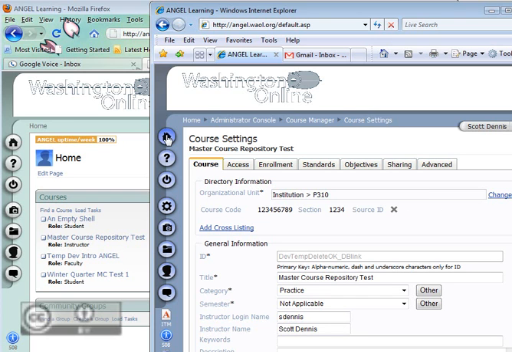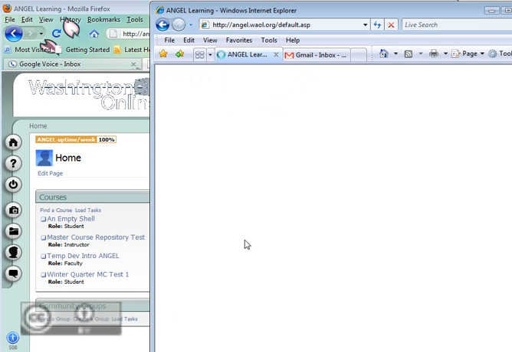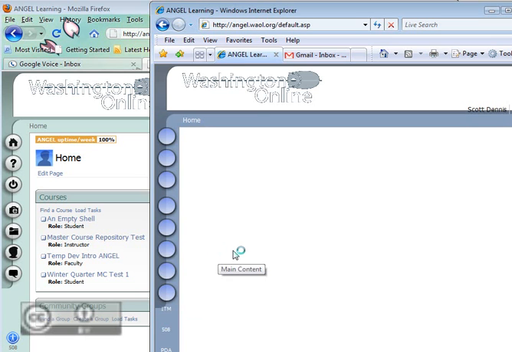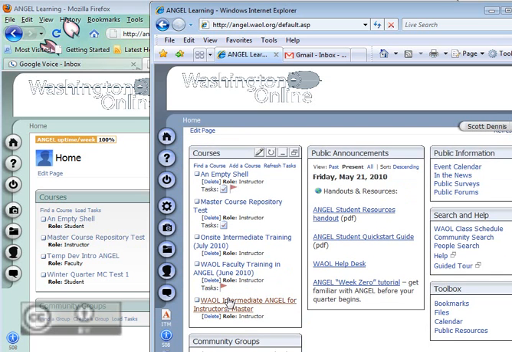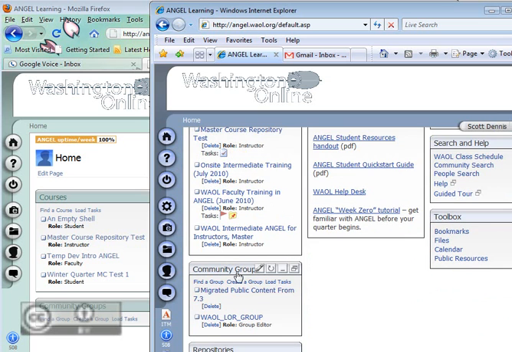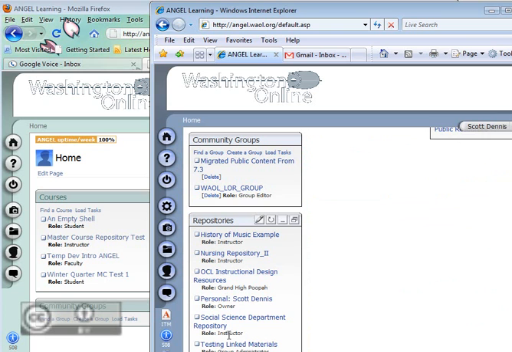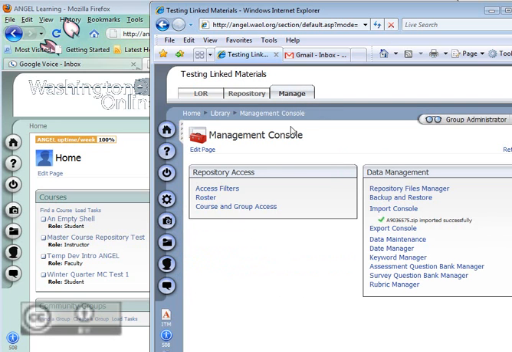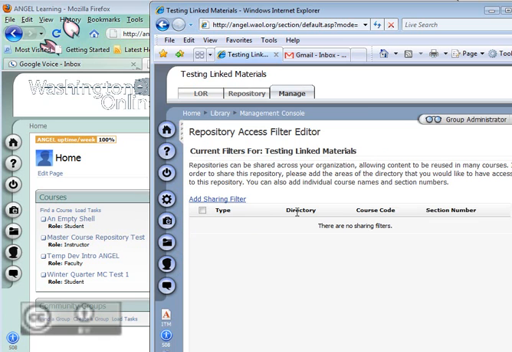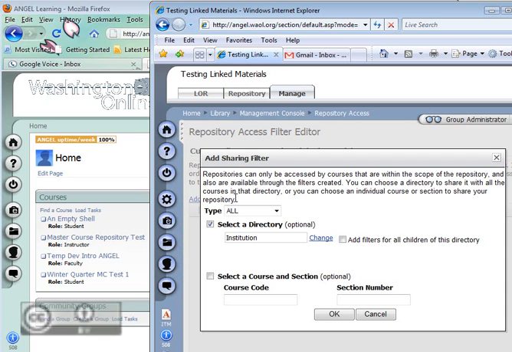So now I'm also going to go to my repository and go back to access filters again. And last time we had an access filter that looked at every course within the institution could pull from it. Now we're going to set one that's specific to that course code. So if I go to access filters here, and I'm going to add a sharing filter like I did,